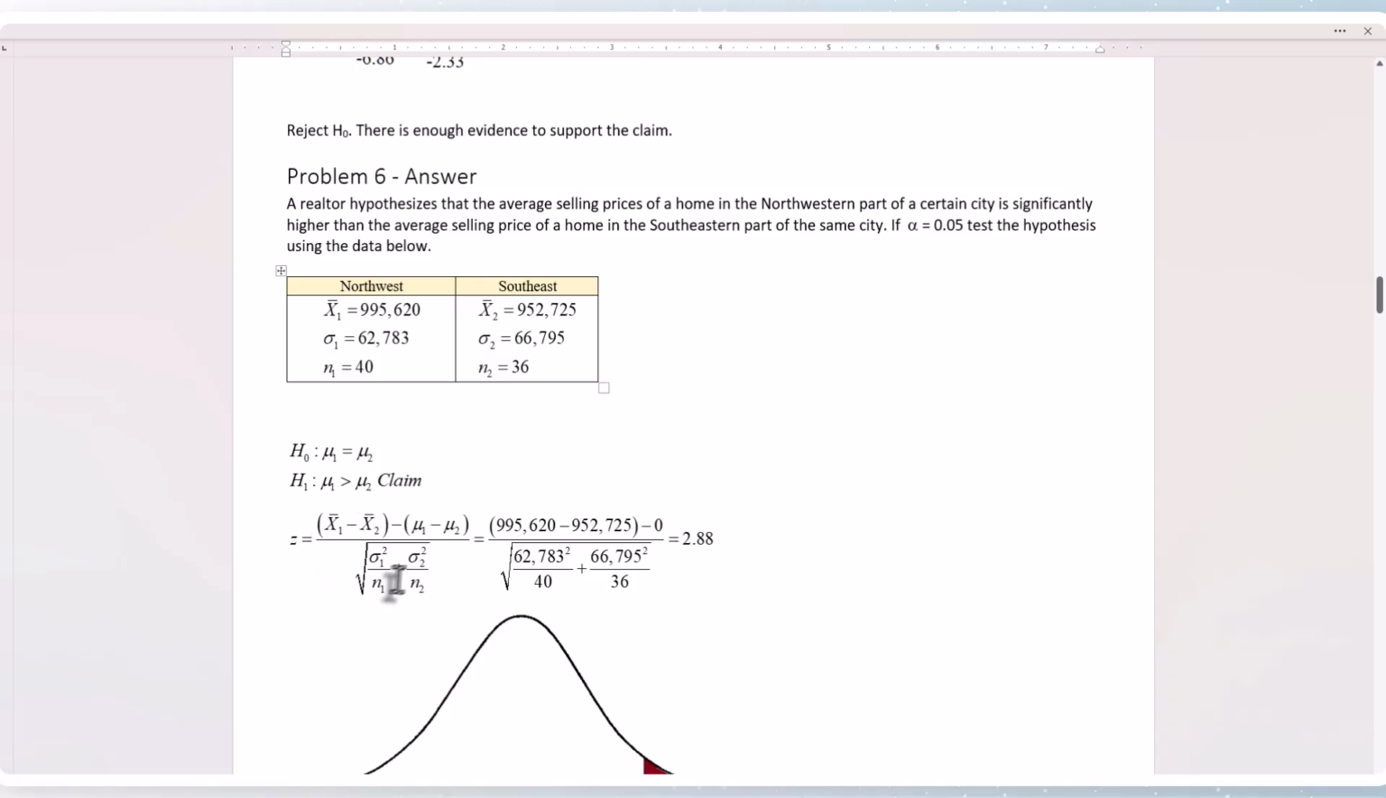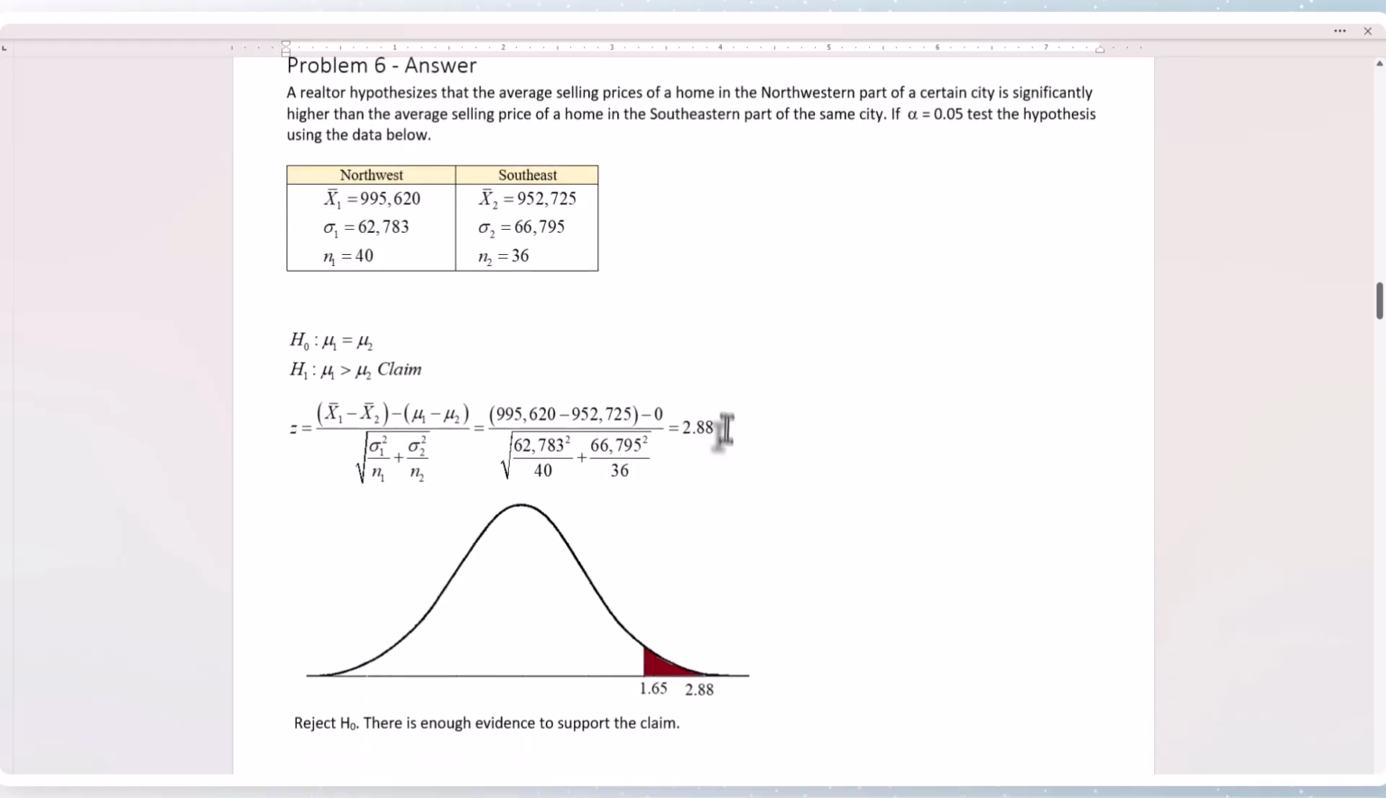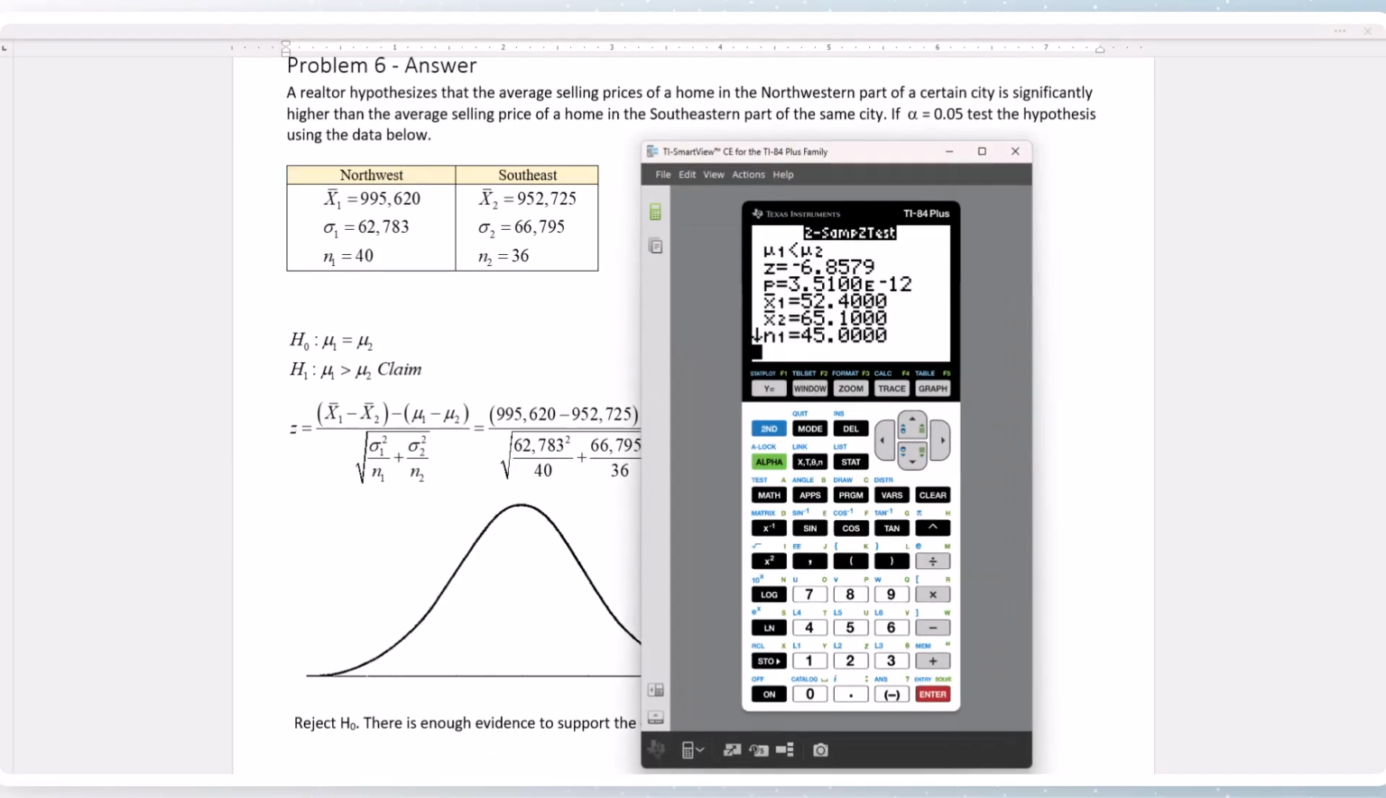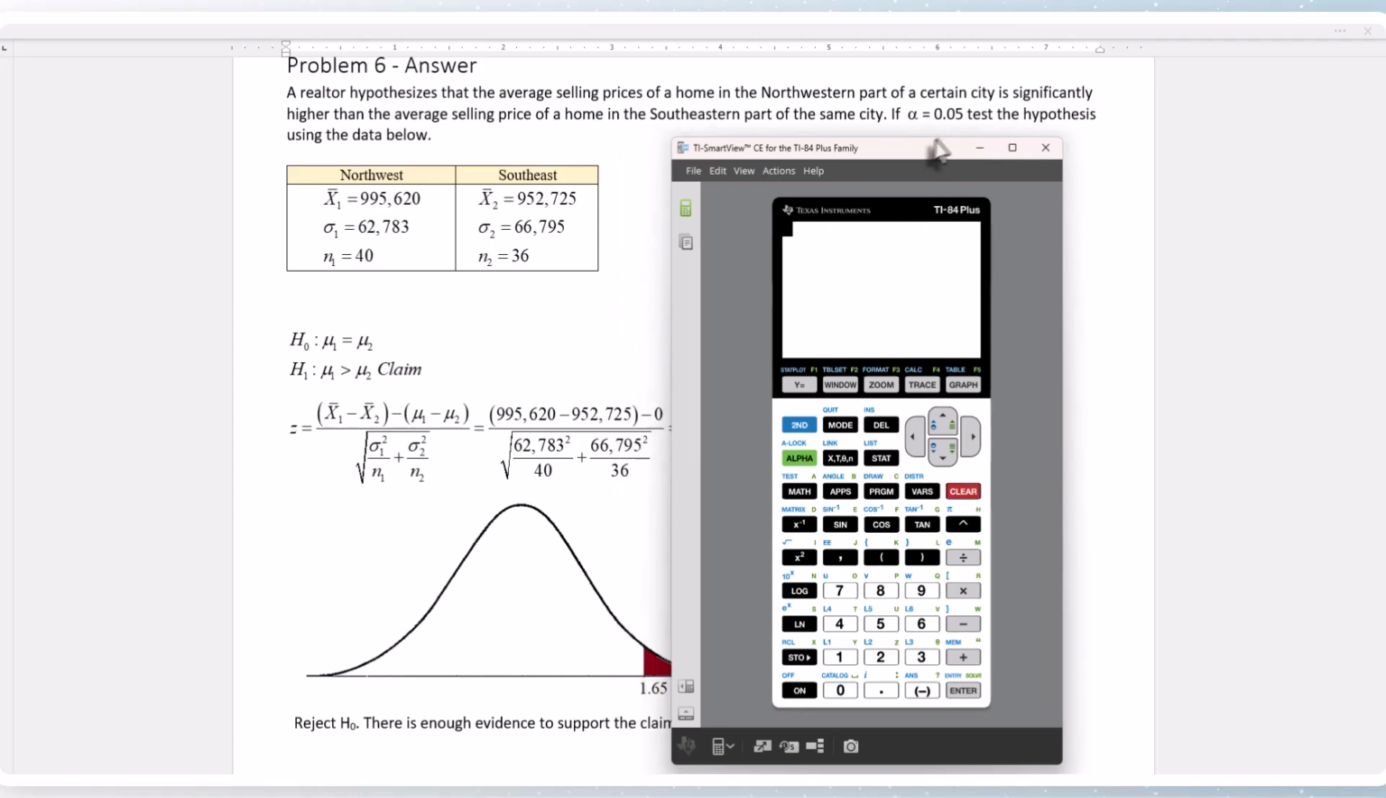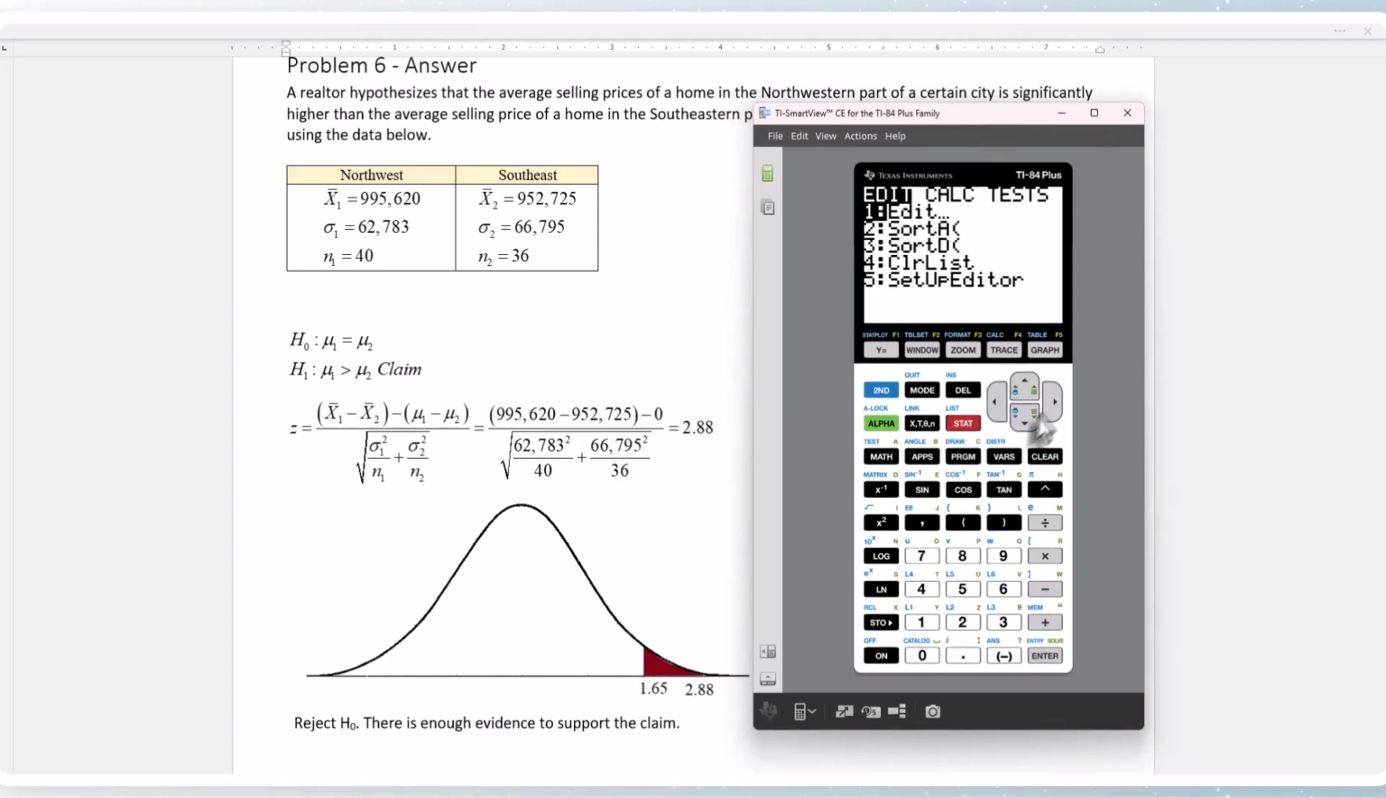So we take our information here and we plug it into the formula, right? Remember, since mu1 is equal to mu2, this difference becomes 0. When we calculate, we get 2.88. We'll verify that with the calculator. Press STAT, go to test. Number 3, 2 sample z-test. Type in the information,